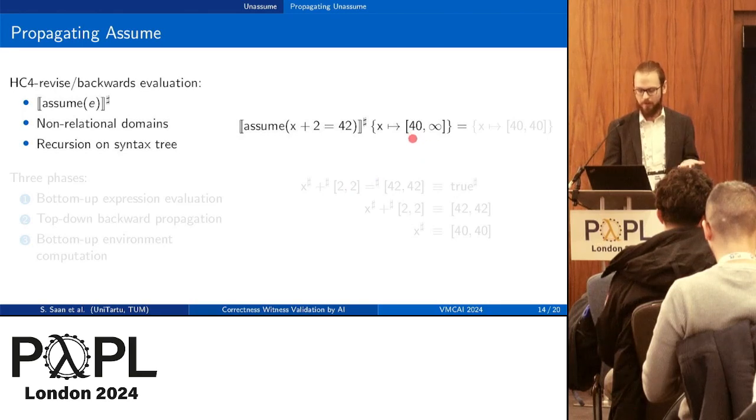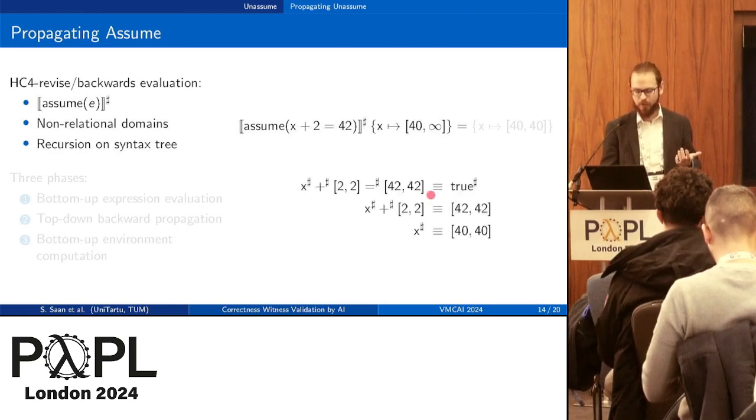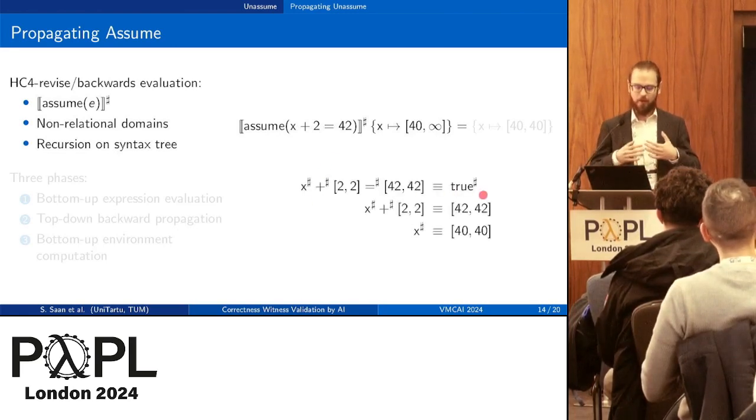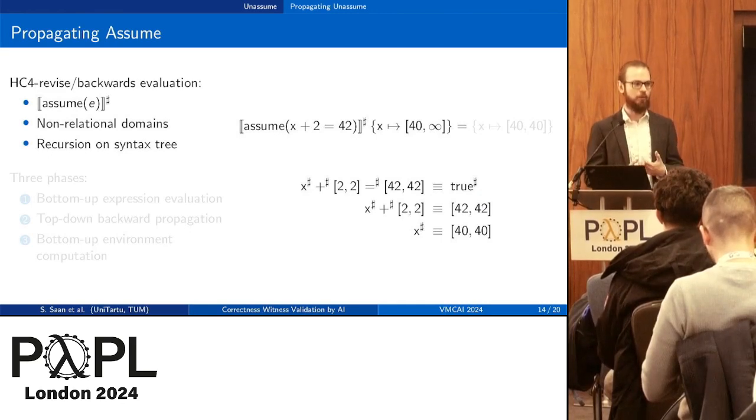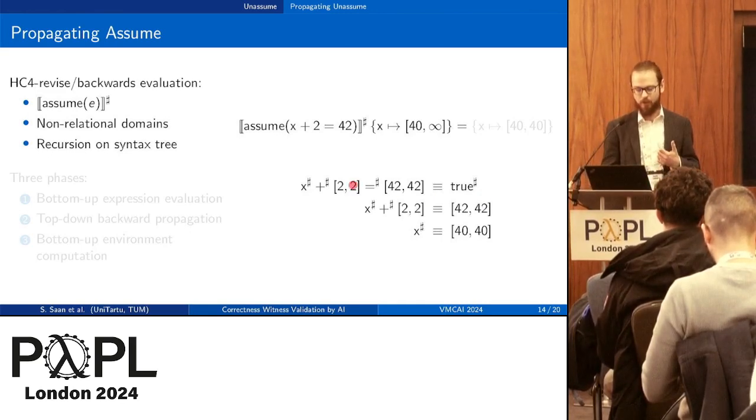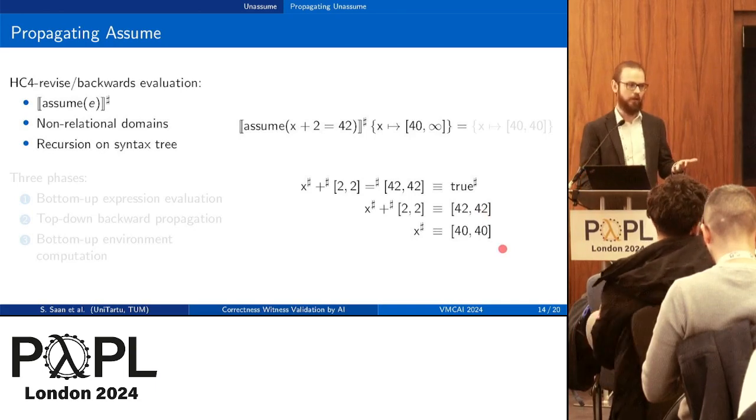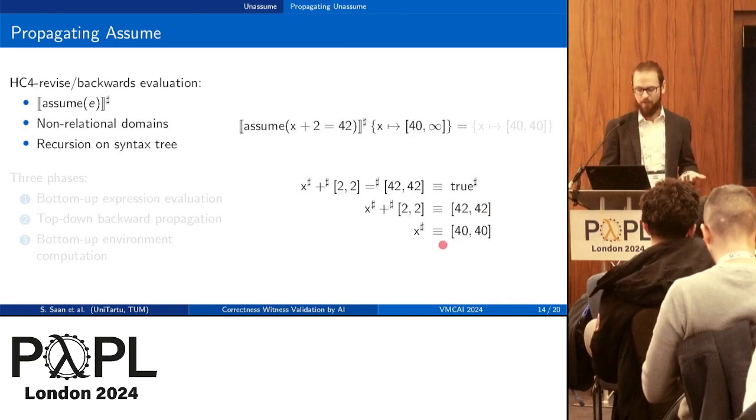You have an abstract state where maybe x is from 40 to infinity, and you want to refine it with this equality. We can think about this equality in abstract terms. We want this equality to evaluate to a definitely true Boolean in our abstractions. Then we can use the backwards operator for equality here to compute, from the value of the entire expression, the value of its right argument, what should the value of its left argument be. And similarly, using the backwards operator for plus, compute what should the value of its left argument be again. And then we get a more refined value for this variable in this expression and can construct a more refined